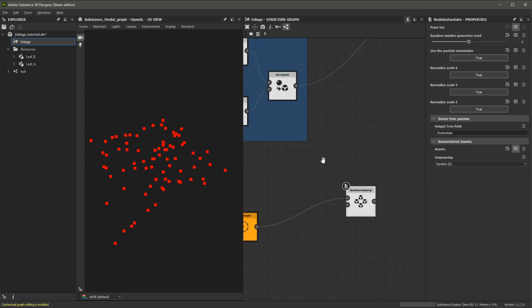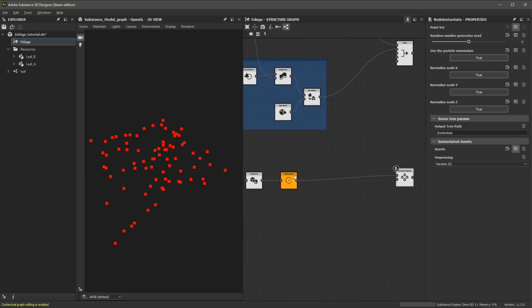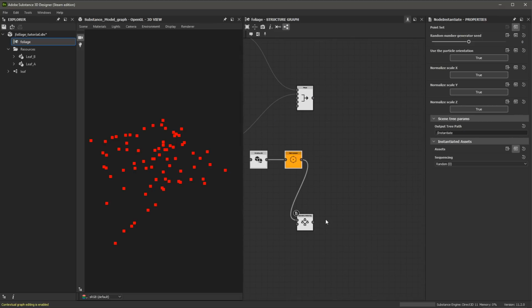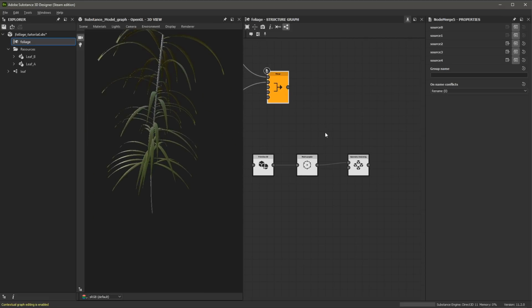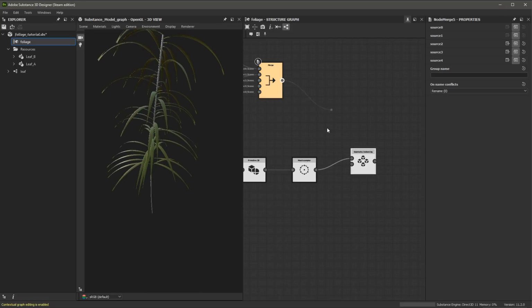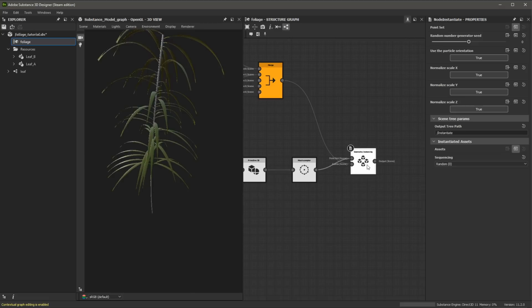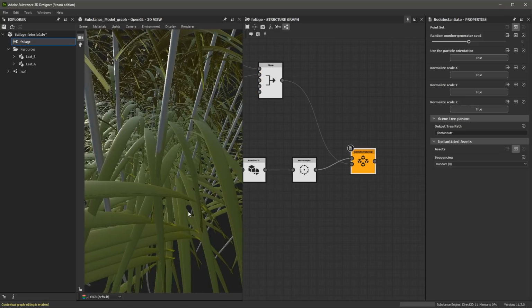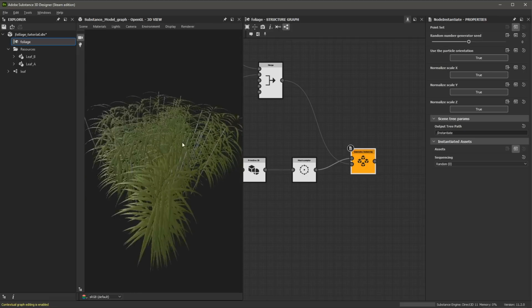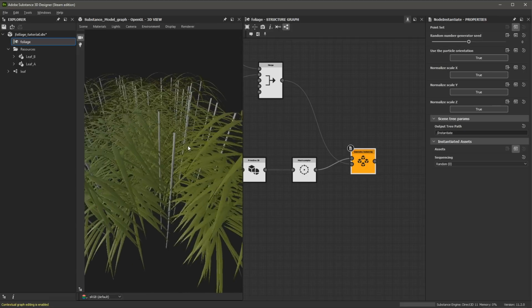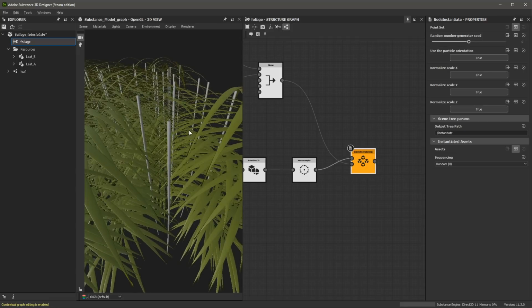And for the actual asset itself, let's just group all of these guys here after my final merge. If we take a look, this is the merge where we have our plant, and that is going to be the asset or scene. So we'll plug this in, double click the geometry instance node, and now you can see that I'm instancing that plant. Now, one issue with this, if we zoom in, you'll notice that it's instancing,